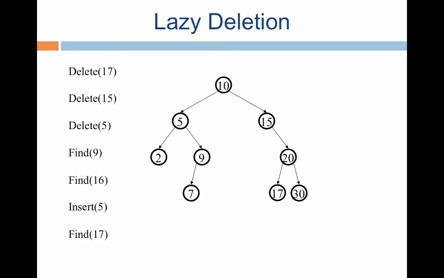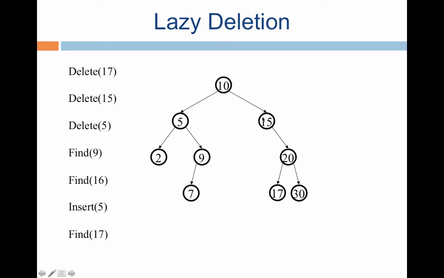Okay, let's do some lazy deletion in this example, and each of these examples is interesting. You want to delete 17. Observe that 17 has no children. Deletion is conceptually easy. Then you want to delete 15. Now this is a bit of a challenge because 15 has a single child. And we'll see that conceptually whatever you imagine would be right. 15 does not have a left child, and it has only a right child. So take the right child and make it the right child of the parent of 15.